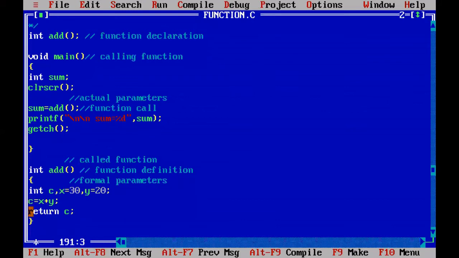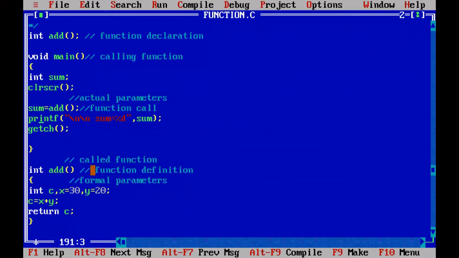The same 50 is returned with the last statement after execution of the function. Again, after execution of the function with this return value of C, 50, we come to the same line from where we came. And this total add function is replaced with the return value of C, 50. That 50 is assigned to sum, and now we are able to print the sum in the calling function, right?